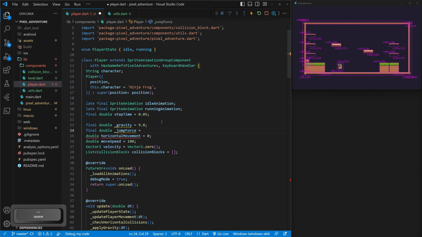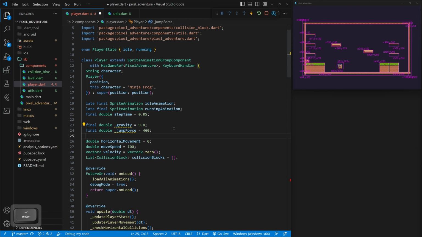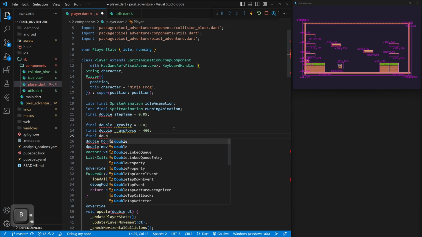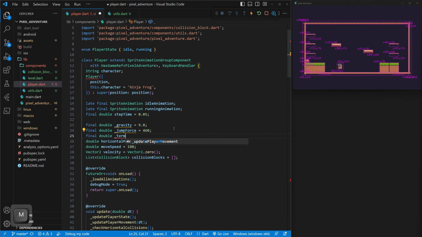And this is going to be equal to, we'll do 460. We might change that later. And the last one we need is final double, and this one is called terminal velocity. Terminal velocity just means that if you were falling, and we'll set it to 300, if you were falling